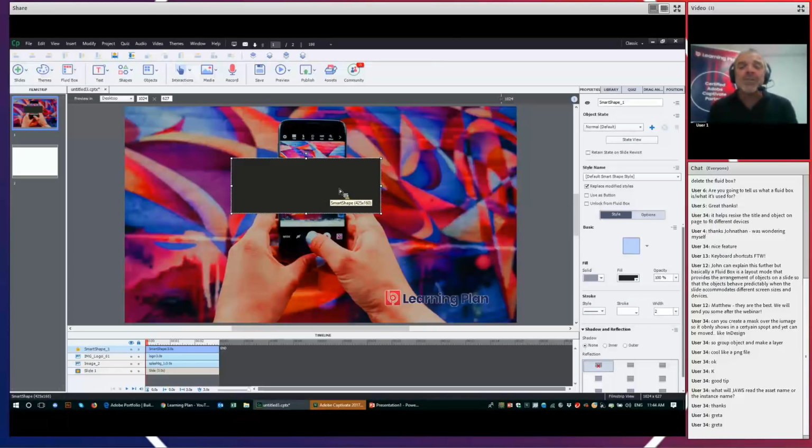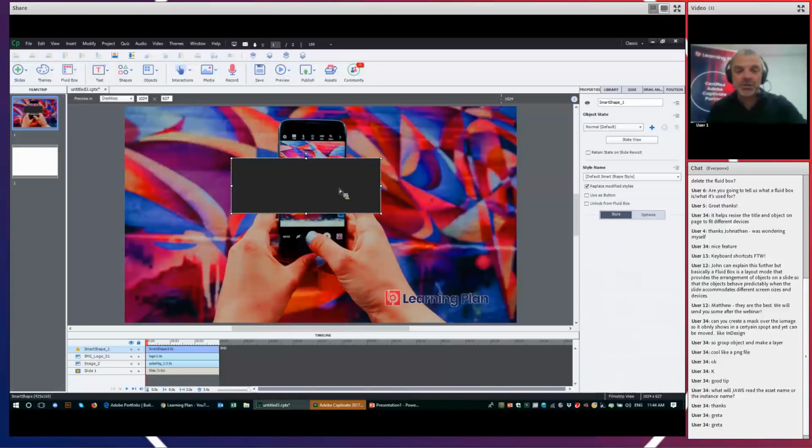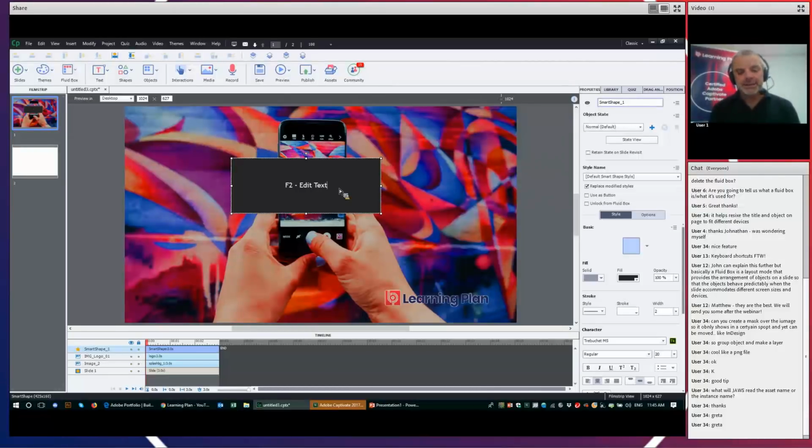Another shortcut key, if I want to add text, I can either double click, or the shortcut key of the hour is if you hit the F2 key, the function 2. So if you hit the F2 key on the keyboard, that's edit text for shapes. Okay, so hitting the F2 key on the keyboard, I'm just going to type in welcome,